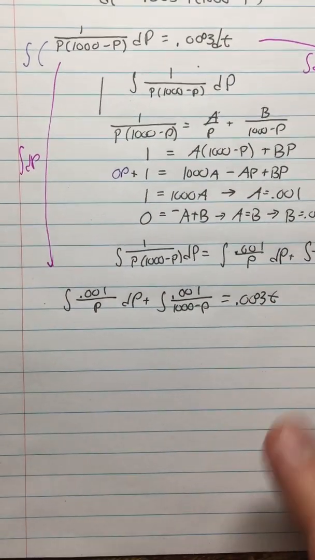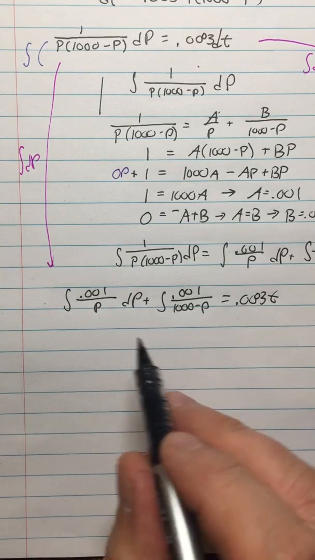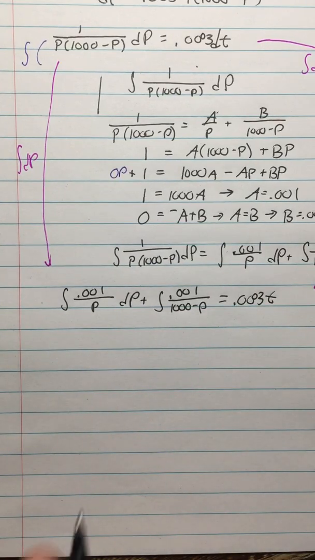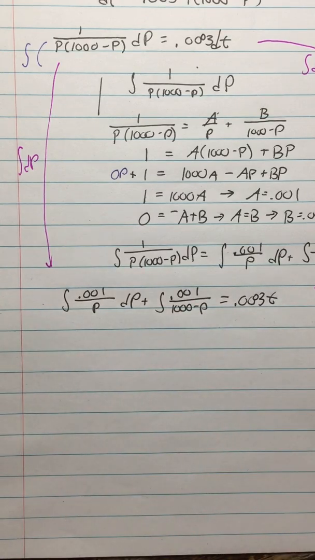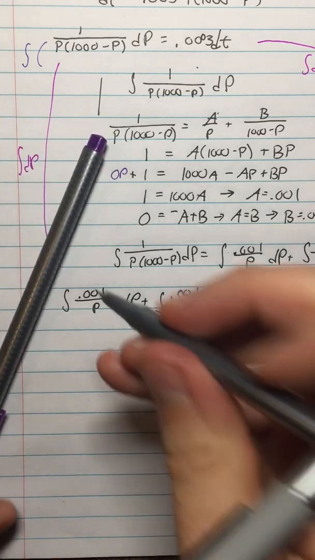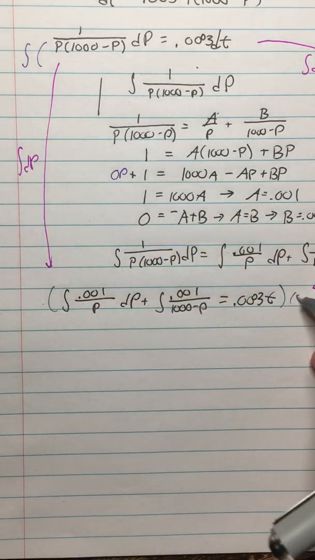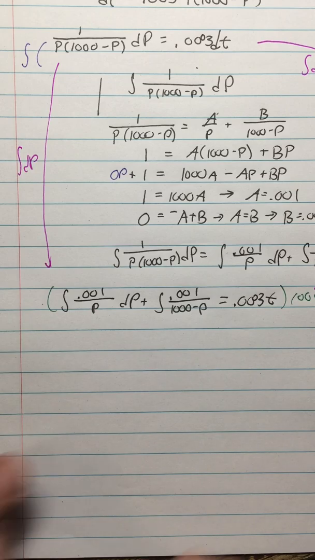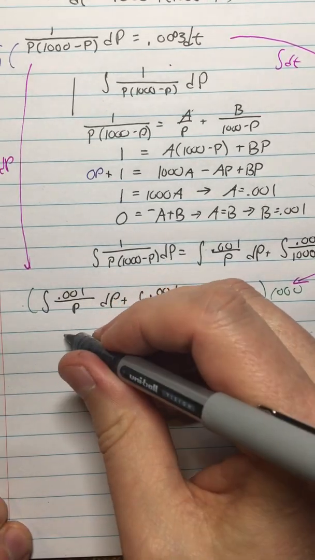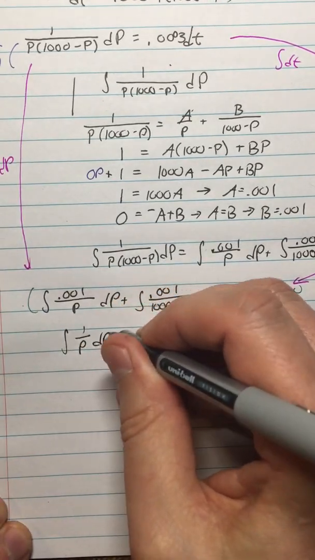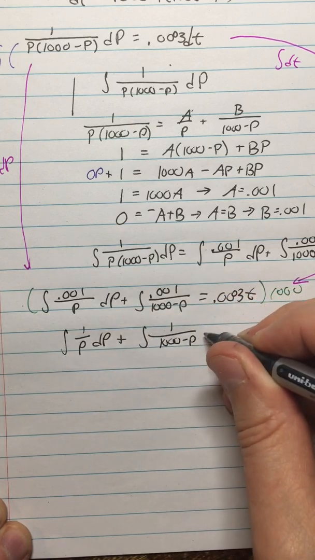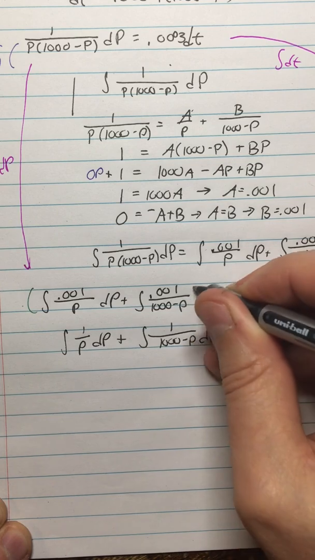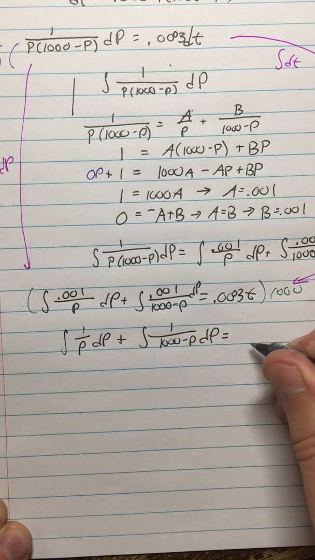Okay, now, what they did was, before doing the antiderivative, they multiplied both sides by 1,000. You know how you can factor out a constant? Well, you can also factor in a constant. So they just multiplied both sides of the equation by 1,000 to get rid of the decimals, which is a good strategy. It simplifies the work a little bit. So we're going to multiply both sides by 1,000, and then we have integral of 1 over p dp plus the integral of 1 over 1,000 minus p dp, equals